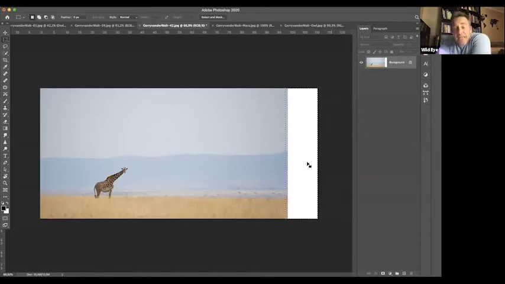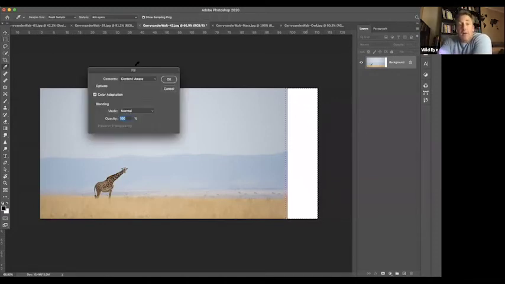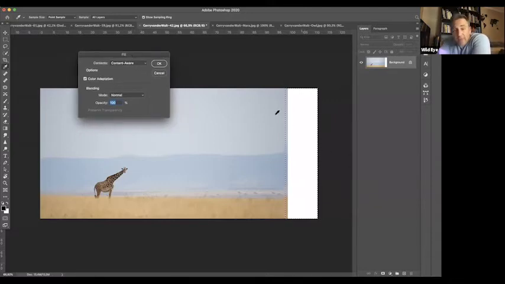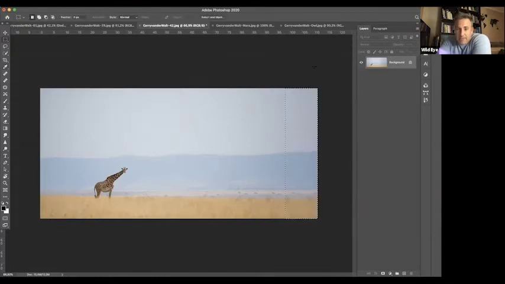Now, what you do is you take the rectangular tool and you do that. Remember, what this means is if I hit delete, I'm asking Photoshop to look at the area that I've selected, and if I hit OK, it's going to look at the areas outside of it, which in this instance is just this, because the rest is not in frame. So it looks at this area here and tries to build up that. Here we go. Done. That is pretty damn cool, right? So if you ever have an image where you have the image quite tight on the side, you want to build it up, that would be how you do it.